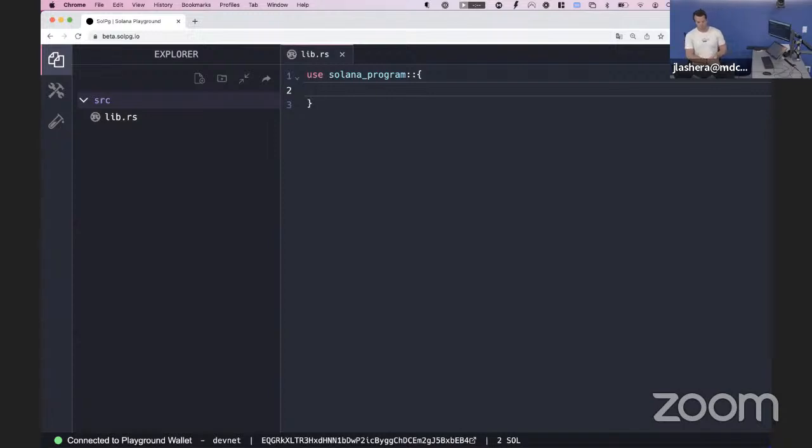Rust's libraries, if you will, are called crates. And within each crate are a bunch of modules, and you kind of have to go through and import all the things that you want to use in this way. So we're starting with the highest level library, solana_program, and then we're going to pull out a bunch of modules that we're going to use. Okay, so we're going to use account_info,